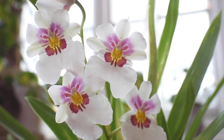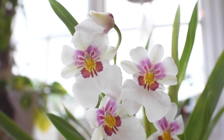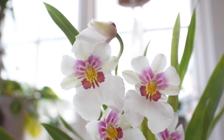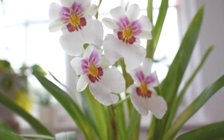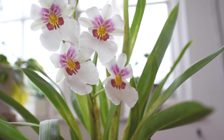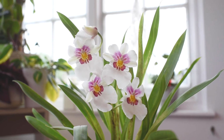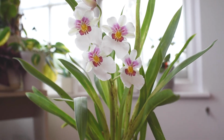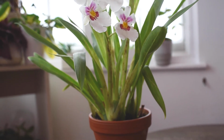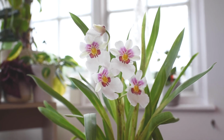But this one not only managed to survive, but also produced a flower spike that died because the pests were eating and munching the flower spike. But then when I treated it, it produced another one, and it's blooming. I think the blooms are not the most spectacular, but they are still beautiful. And you can see I don't have any thrips damage on the flowers, which means that I probably killed almost all of them,